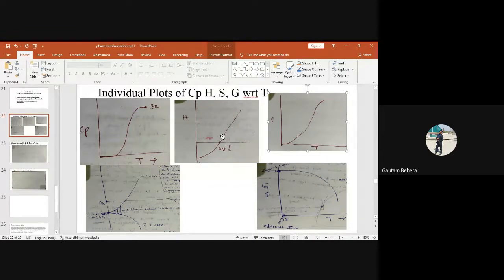Basically, in metallurgical fields, we are always dealing with 1 atmospheric pressure, right? Most of the things. Suppose you are boiling water right now. You take a container, you start boiling the water, right? That means in the atmosphere, we have a pressure of 1 atm, so pressure is fixed. The pressure is fixed, that is 1 atmospheric pressure, and the water is boiling. Water is boiling because you are providing some heat to the system, and it starts boiling, right?